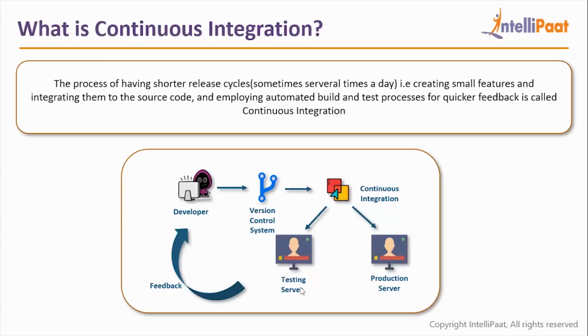Now imagine yourself in the earlier world, when, as I told you, it took a lot of time to manually integrate things and manually test things. You used to get feedback in days, if not hours. And today you get automatic feedback in a matter of minutes. This has led us to improve our release cycles in such a way that today we are getting 2 or 3 releases in a day. Earlier, we used to have releases twice or thrice a year, and now we have 2 or 3 releases every day. Obviously, they're shorter releases and shorter features, but that's how powerful our software development lifecycle has become with the use of